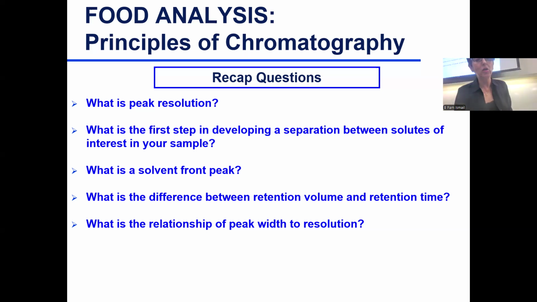What is the relationship of peak width to resolution? We have not covered this yet, but is it the narrower? Yeah, exactly. Probably I covered it. I don't know, but that is correct. So